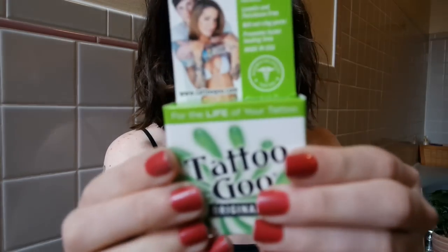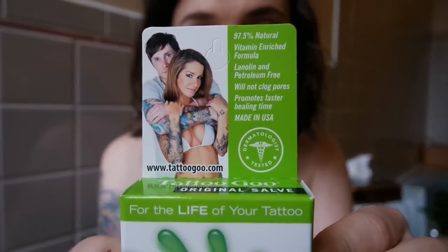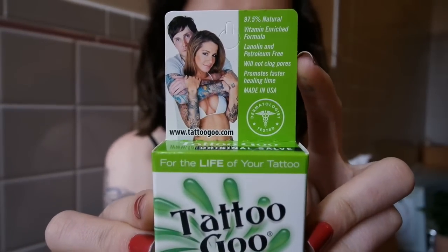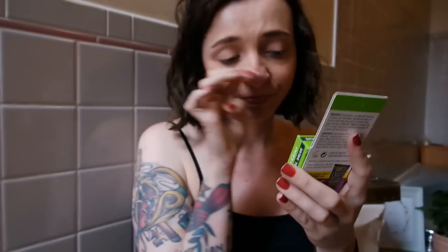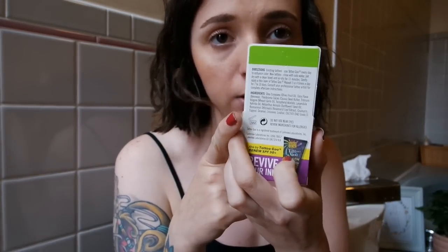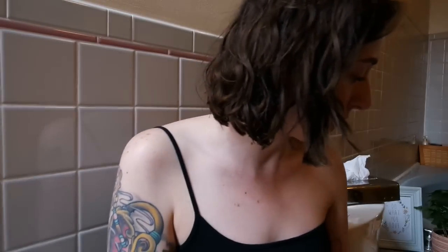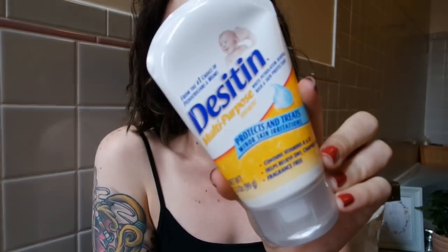This first product is called Tattoo Goo. You can see it's very cool, but right on there it says no lanolin. I sent him a picture of this and the back to show the ingredients, and he said that this was fine to use, but I also got a second product, which I recommend a little more than the Tattoo Goo. I may return it, which is